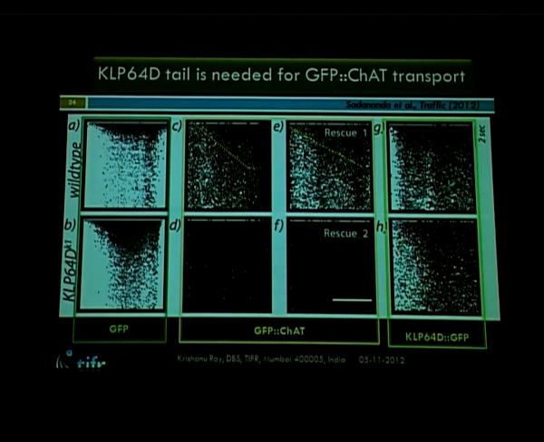But what was interesting in this kymograph is that we don't see any line or linear traces of the recovery, which Sandhya will show you tomorrow more in her talk, which is typical of vesicular transport in the axon. What we see is a very gradual kind of recovery, which looks very similar to the recovery of the diffusive GFP.